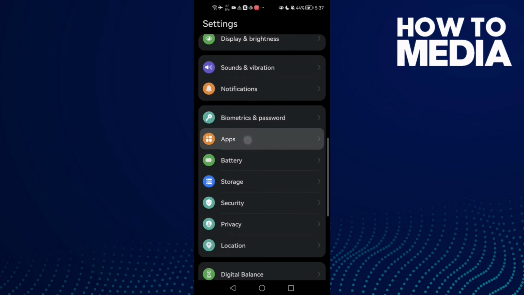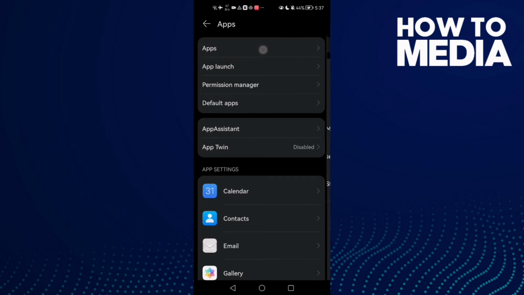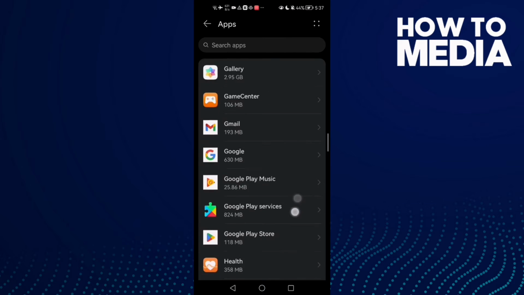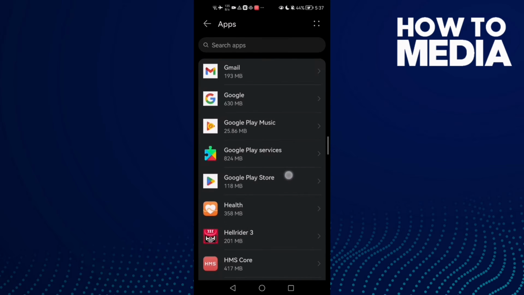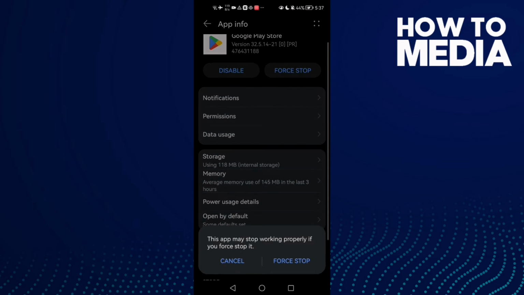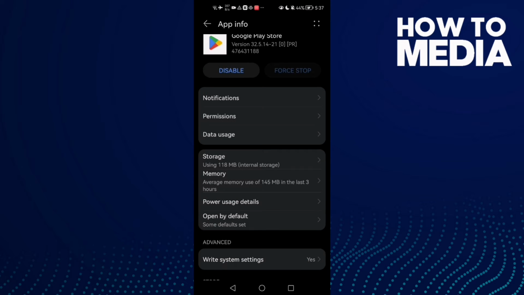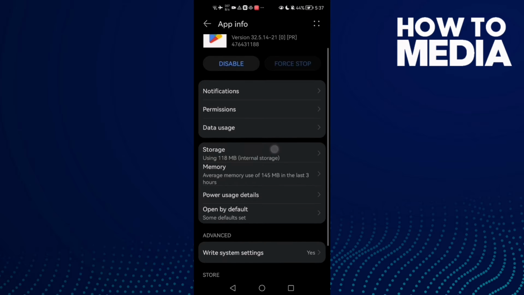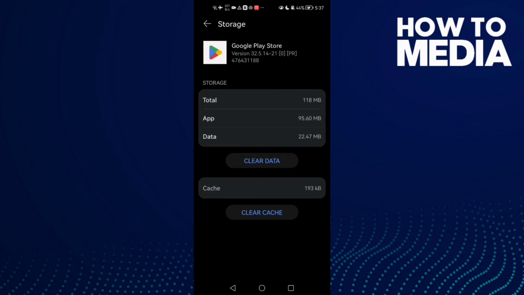and then click apps, and apps again, and scroll down. Scroll until you find this one, Google Play Store. Click on it and then click force stop, and click force stop, and then go to storage and now click